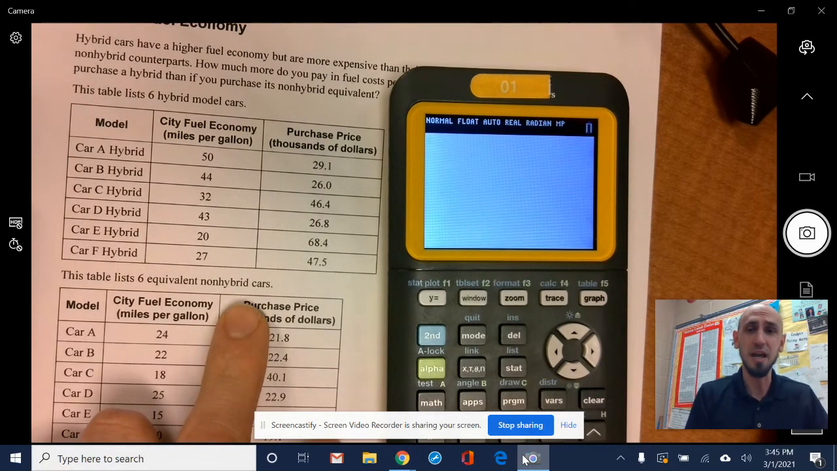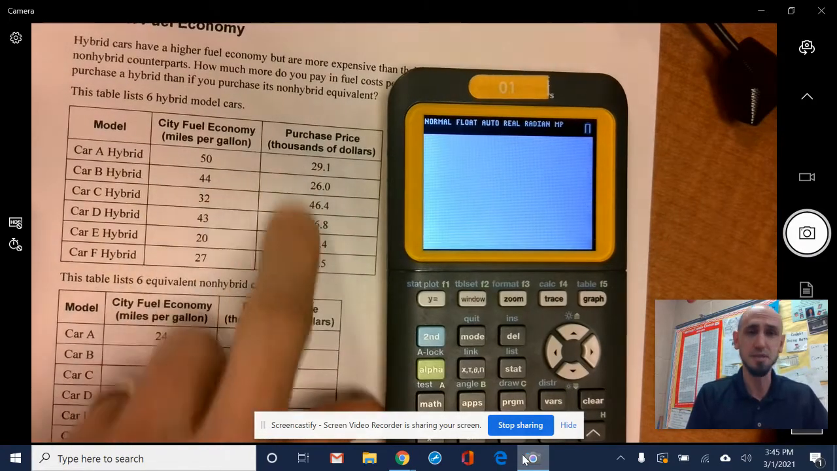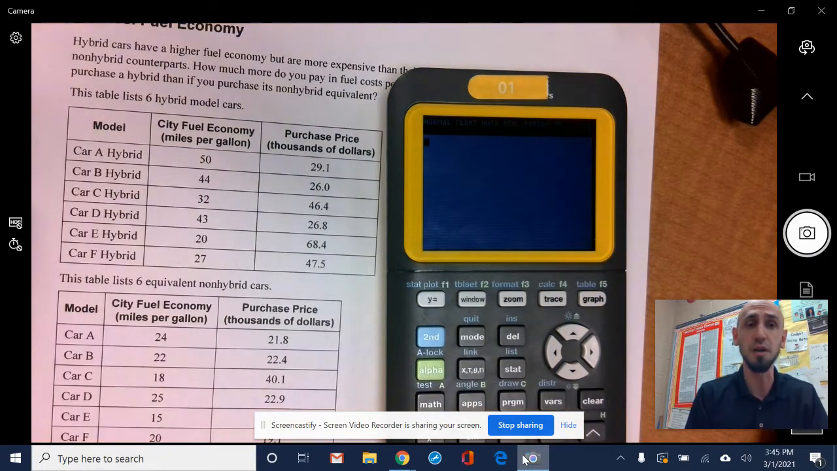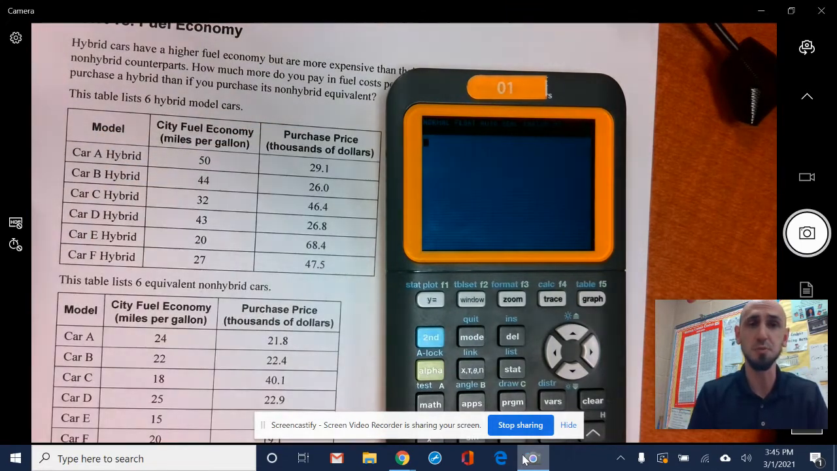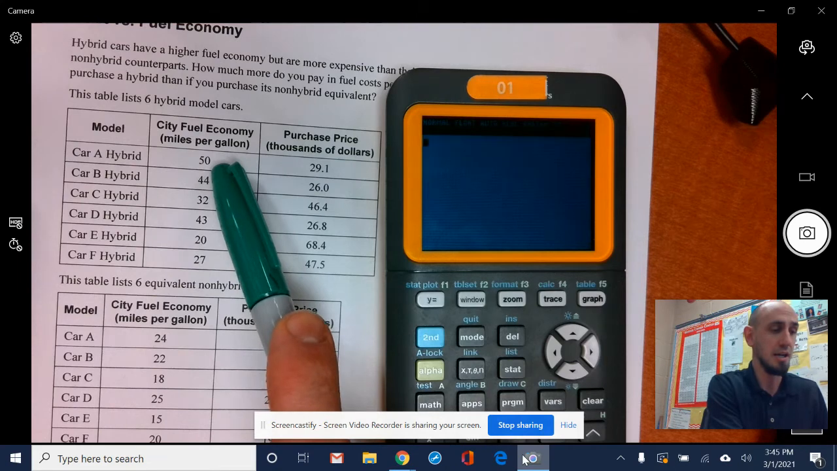Right here, I have some data. I have 6 points right here, an ordered pair really is what it is. The city fuel economy and the purchase price are related. What we want to know is what kind of relationship we have between the fuel economy and the purchase